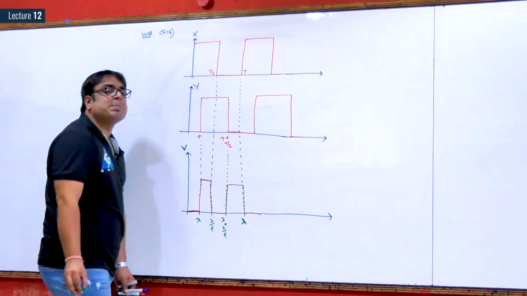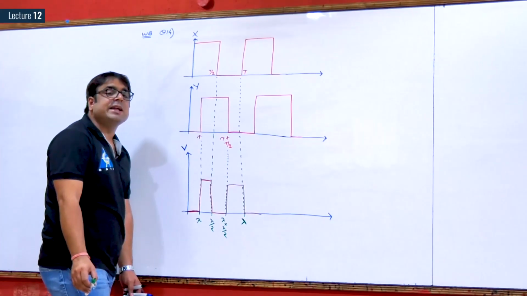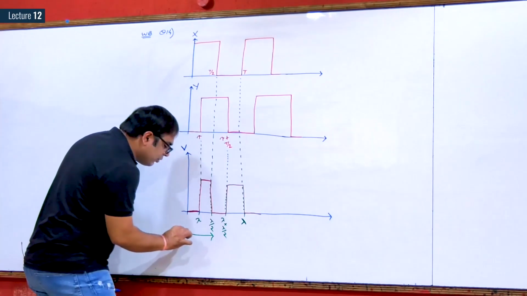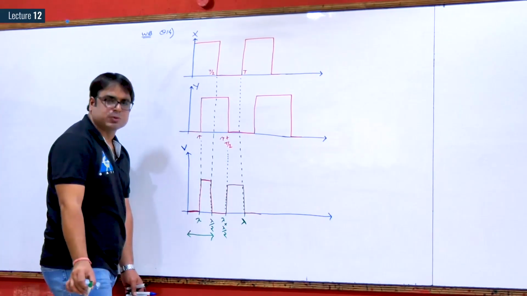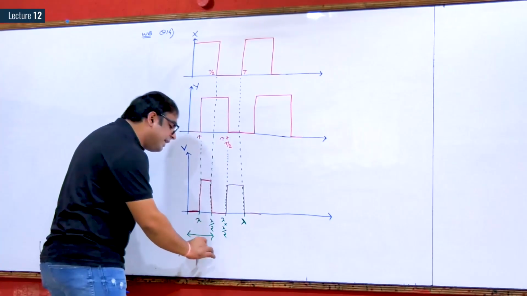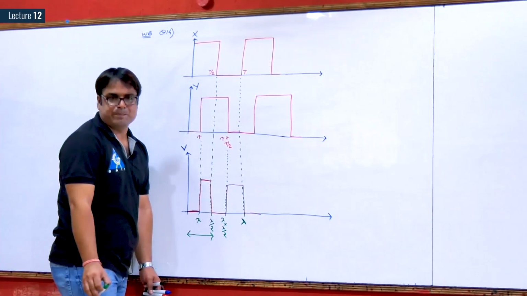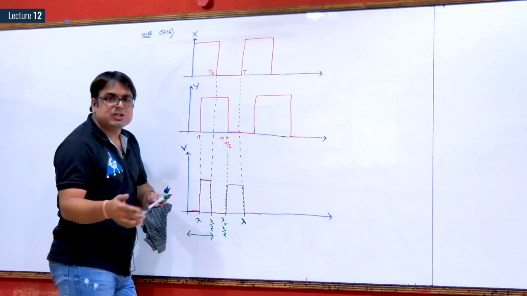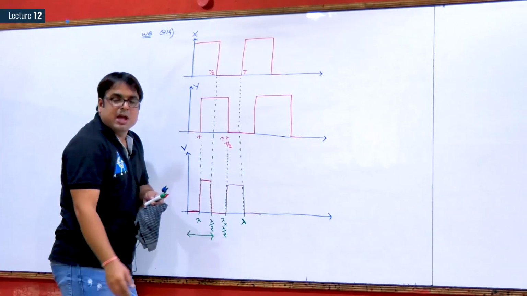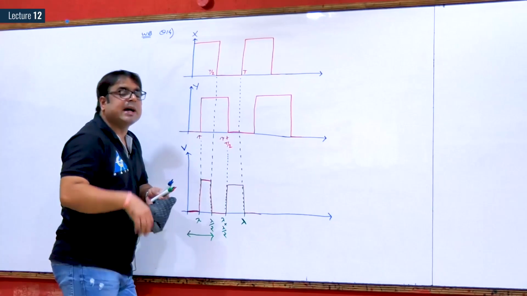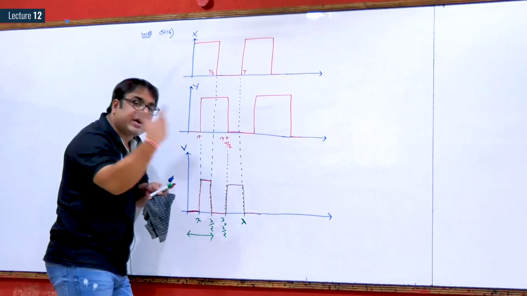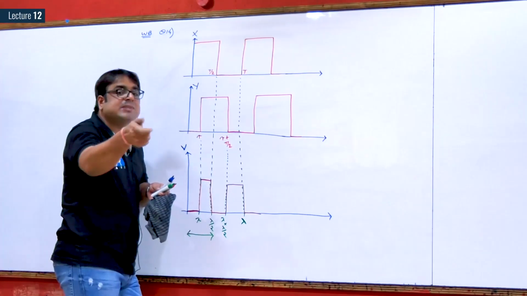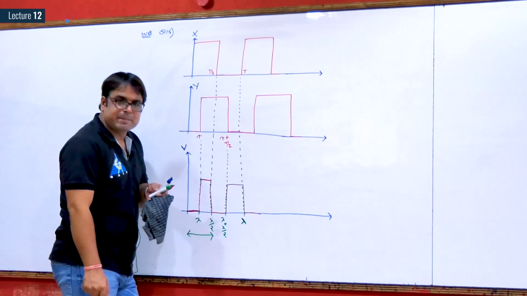Now, it is definitely a periodic waveform. So I can find the average value from 0 to T by 2, or if you want, you can find it from 0 to T also. See, the average value of a periodic waveform will not change. That is why it is called the average value. Whether you find it for 1 cycle, 2 cycles, or 10 cycles, the average value will not change. That is why it is called the average of the complete cycle.